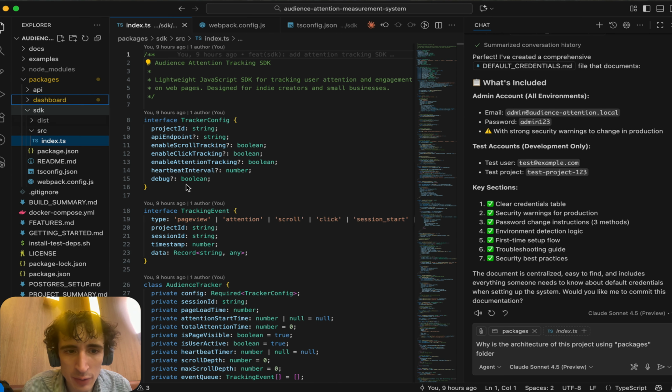And what does it do exactly? Audience attention tracking SDK. That's a good idea. So, a lightweight JavaScript SDK for tracking user attention engagement metrics. Really good. Designed for indie creators and small businesses. Okay. Why a package folder, and how